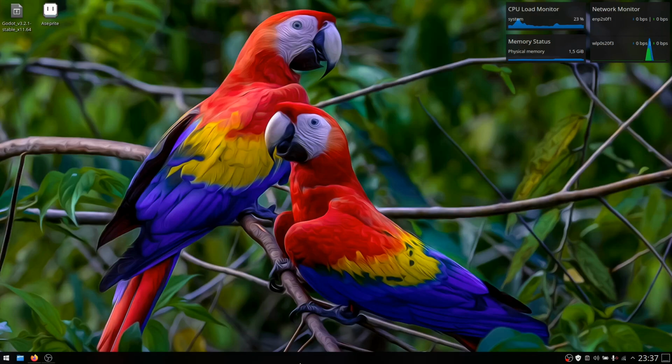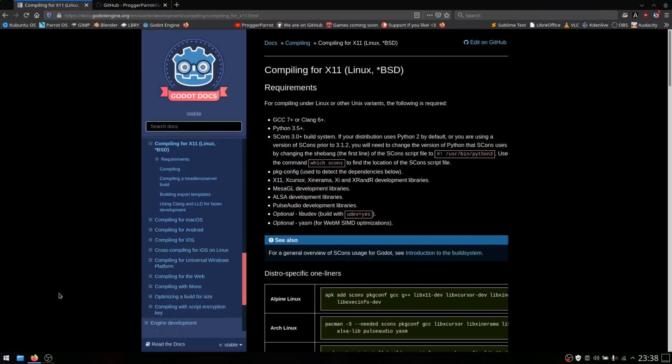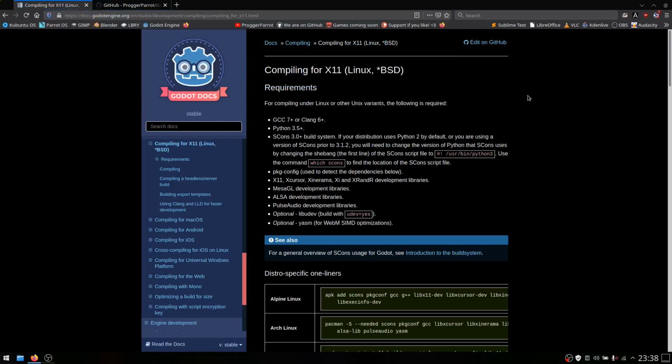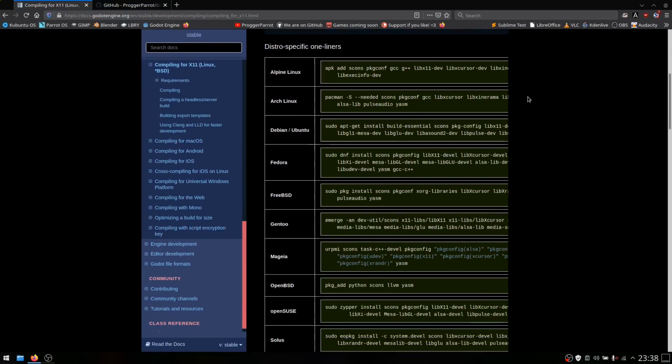So let's get started. As so often, we need to download all necessary files to go ahead. And of course, we have all important links for you in the description. At first, you'll need all building dependencies for your specific platform. Here we recommend to just go to the Godot documentation, and in this list, you get some nice and